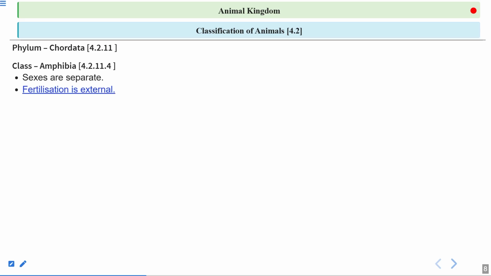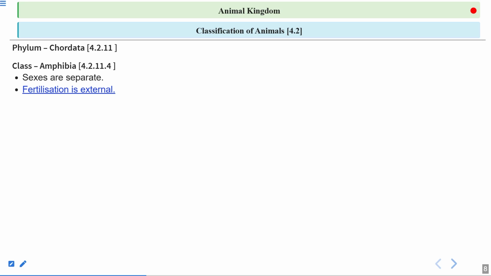Fertilization is external. What does this mean? The male will develop the male gamete, sperm, and the female will develop the female gamete, that is the egg, right? But as they do not have any copulatory organ, at the time of reproduction the male frog holds the female,